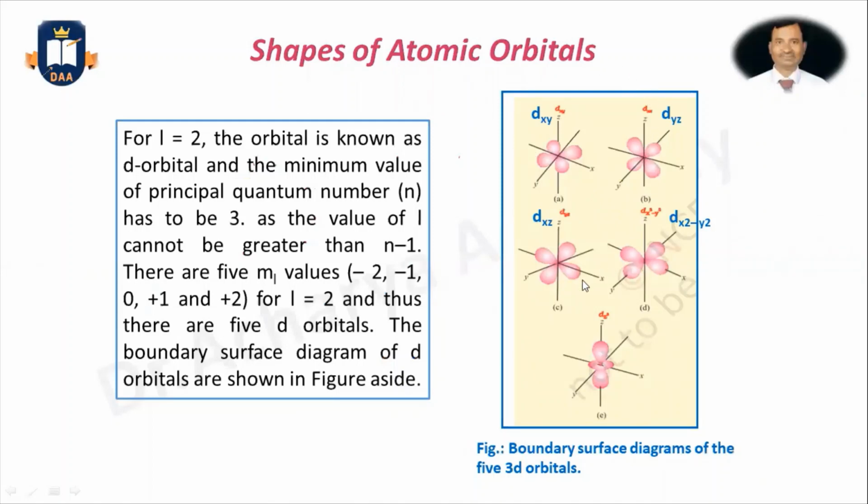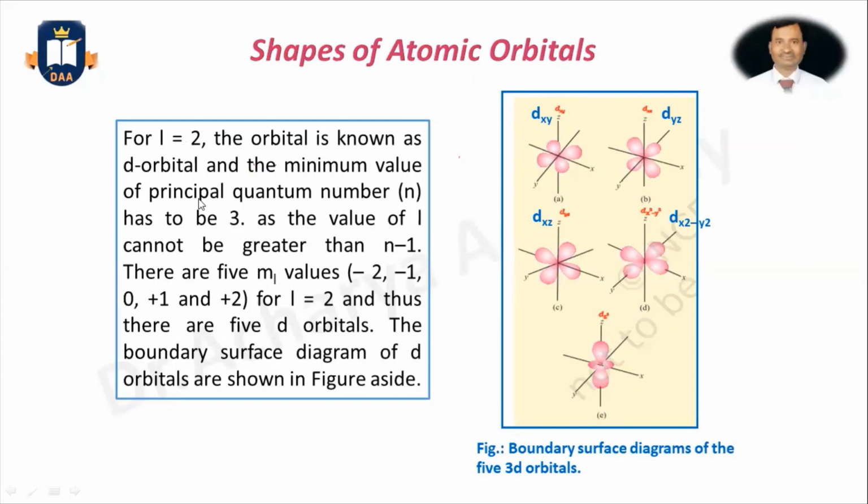You can see on the right side the 5 types of d orbitals. That means for L equal to 2, the azimuthal quantum number being 2, the orbital is known as a d orbital. And in that case, the minimum value of the principal quantum number should be 3. We know when the principal quantum number is 3, then the azimuthal quantum number will be 2. That means L is equal to n minus 1